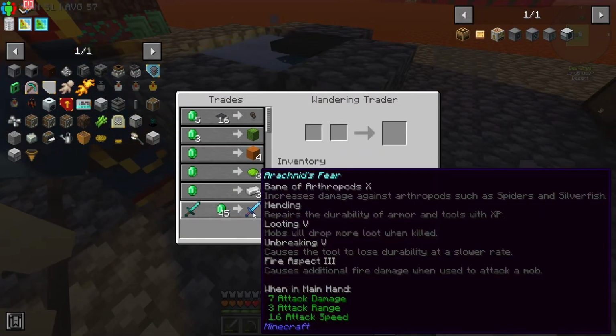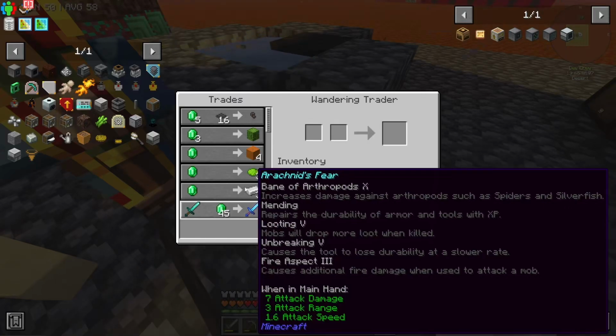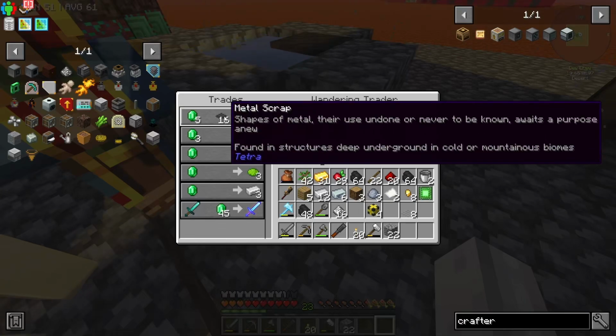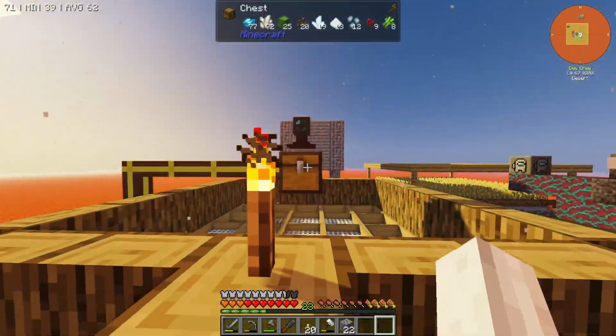What do you want? Ooh! I mean, this is good. The looting would be really good for, obviously, blaze rods. Reveals related upgrade schematics while in inventory. Found in structures deep underground in cold amounts. Okay. Metal scrap. Cool. But, I mean, I need 45 emeralds, so unless this guy sticks...